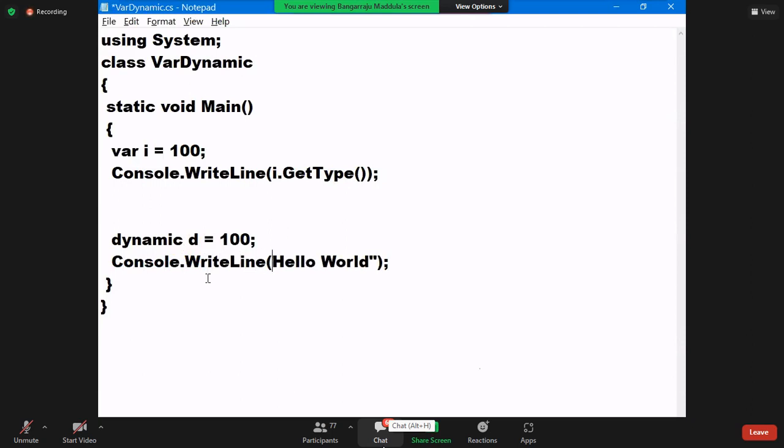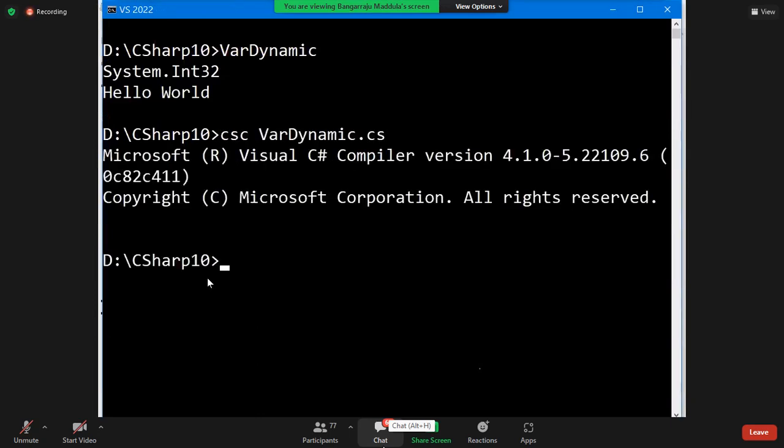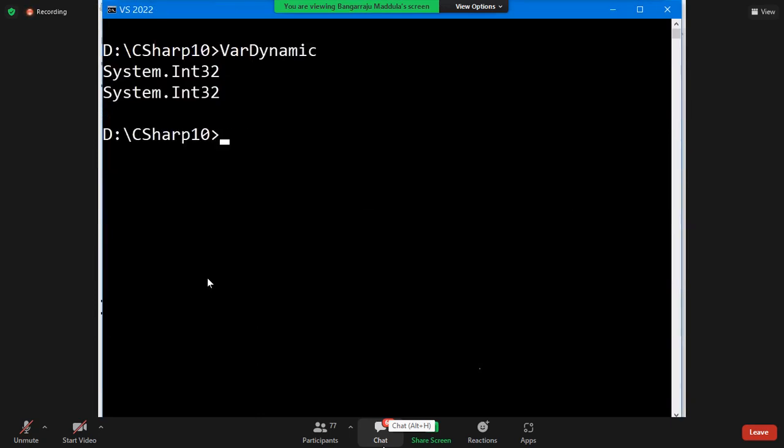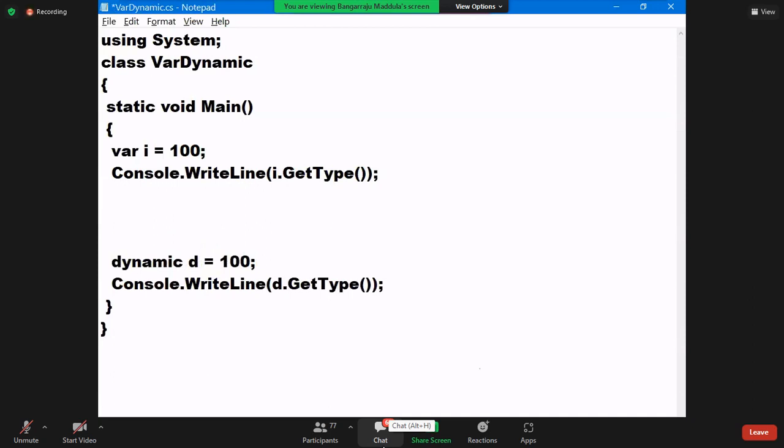And here what I'll print? D dot get type. D dot get type. That is also Int32. This is also Int32. Okay. The third difference, also watch, guys. The third difference. Two differences I showed you already. Third difference. I equals to